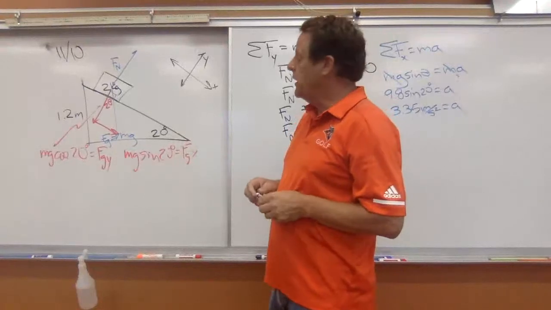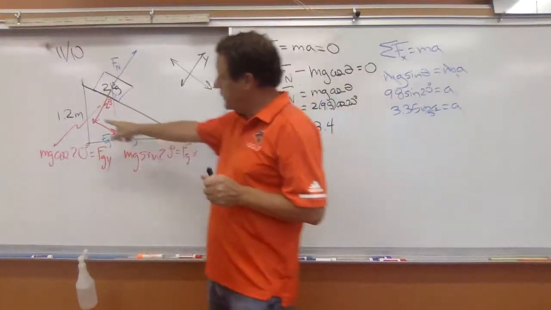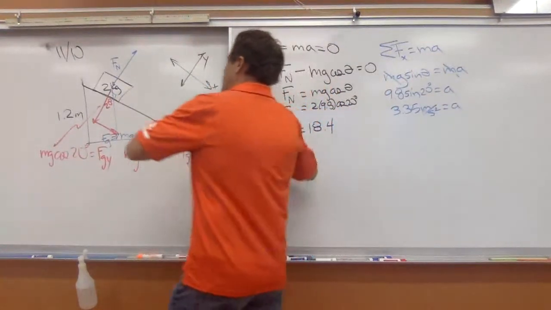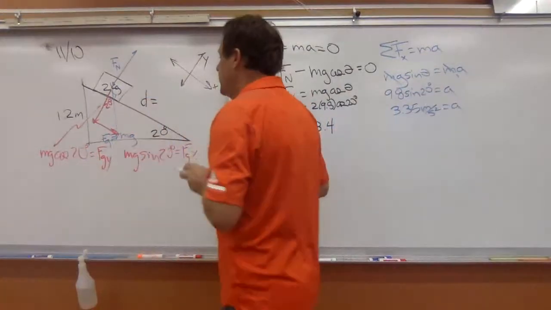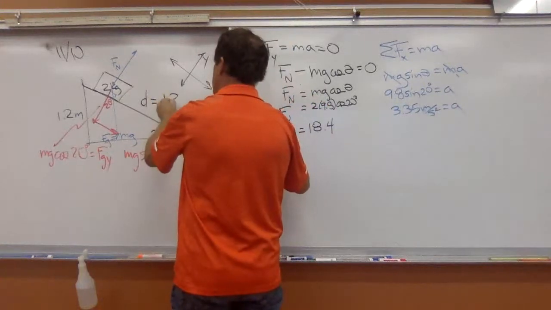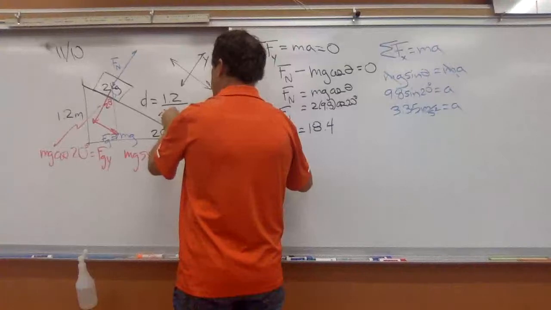So now we are going to use trig again, but this time we're going to use this distance of 1.2 and this angle of 20. So this distance down the ramp is going to be 1.2 divided by the sine of